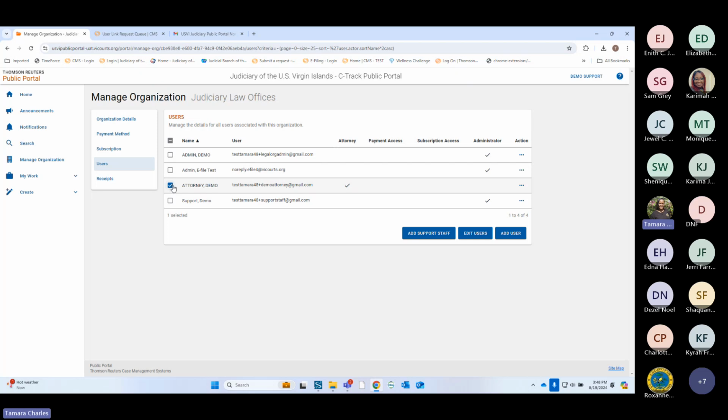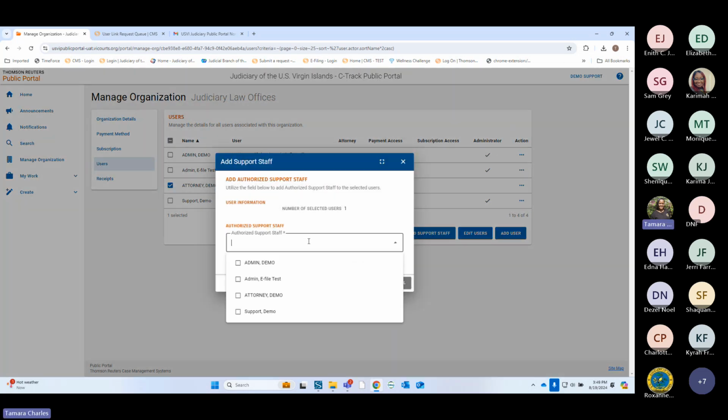Whichever attorney it is, my suggestion for the firms that are larger, if you have 4 or 5, whatever number of attorneys, is that you add the support staff per attorney and then go down the list like that, so that you don't get confused, or that the support staff doesn't feel like, oh, I should be able to file on behalf of this attorney and X, Y, and Z, because those are the things that we've seen throughout the life of this case management system. So I'm just trying to save you the headache and suggest it in a way that you could do it more streamlined. So I'm going to add the support staff for this attorney.